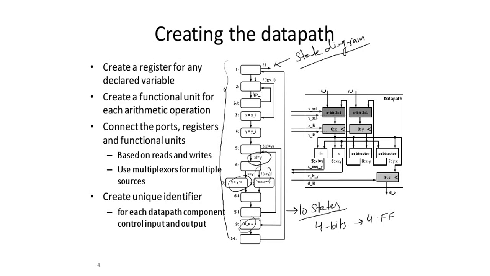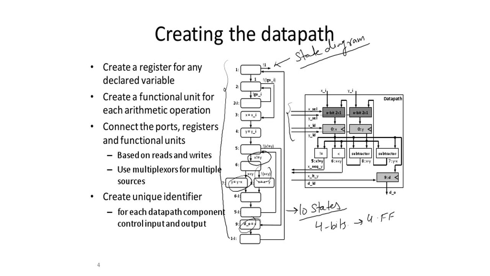Also these are nothing but your control signals. When you have to start the process, x load and y load will work when you get the go signal. If you are not getting the go signal, that means inputs are not available, so x load and y load will be 0. So the selection lines and load signals are coming from the controller. Here the not equal to operation is there. Here you are comparing x with y, and here finally you are getting the output, right?